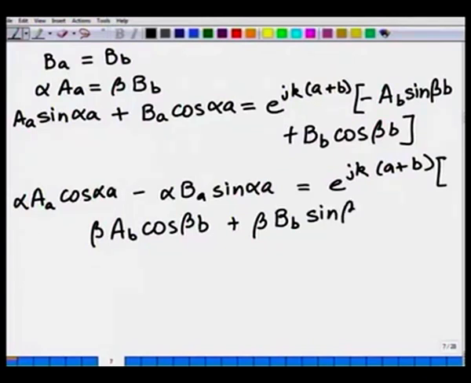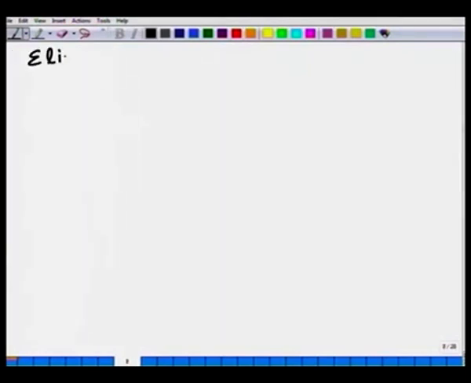sin beta B. So, that is the 4 equations in 4 unknowns, but of course, these are 4 homogeneous equations. The 4 homogeneous equations always have a trivial solution, that means A_A, B_A, A_B and B_B all are 0 is a trivial solution of this. In fact, let us do one step first to make it simple a little bit. Eliminate A_B and B_B